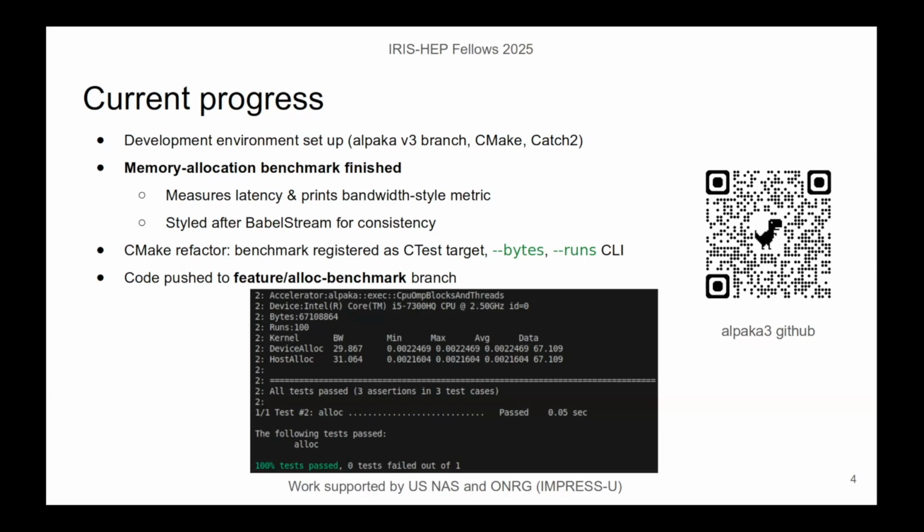The output formatting corresponds to BabelStream, so we can compare the same things. BabelStream is the only existing benchmark on Alpaka-free, so I'm first repeating its structure and input-output style. CMake now registers the test in CTest, sets the number of bytes and run flags, and all of this is located in the